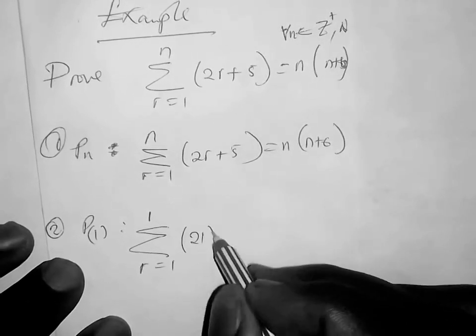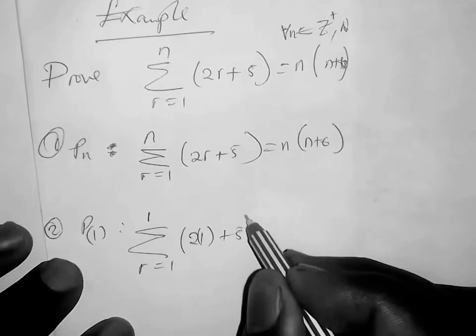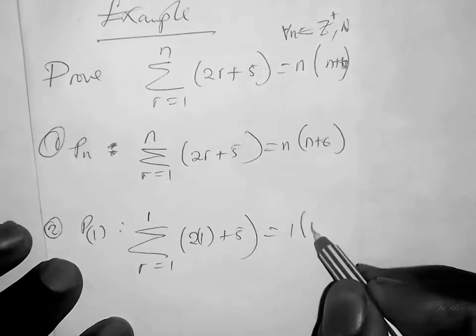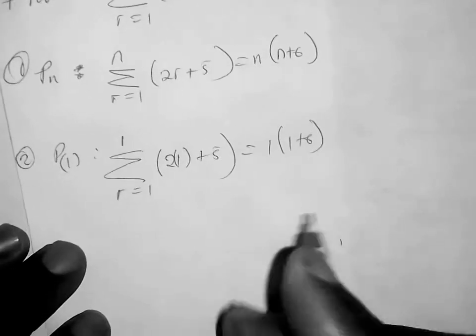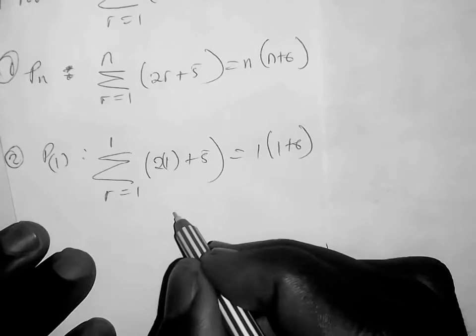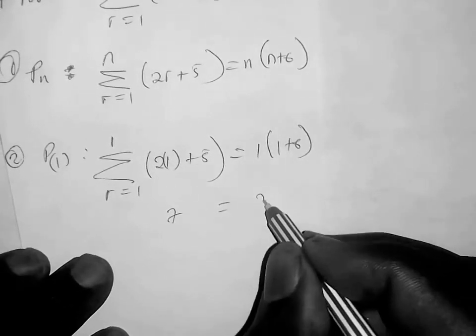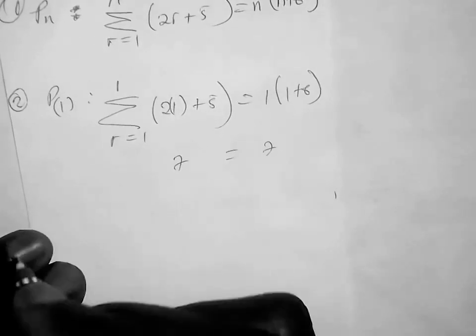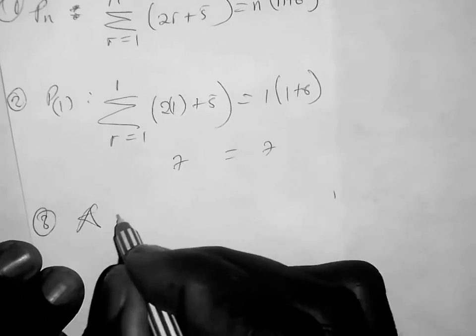Now for n = 1, the summation of (2r + 5) for r = 1 is equal to 1(1 + 6). All right, so on the left-hand side it's 7 and on the right-hand side we have a 7, right? Then step 3, we assume